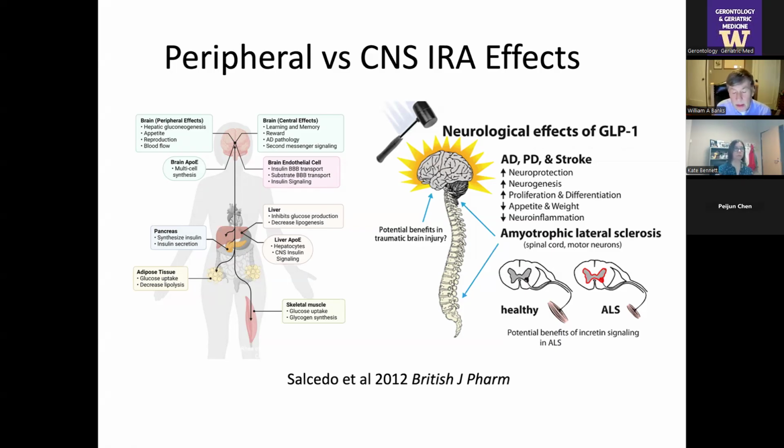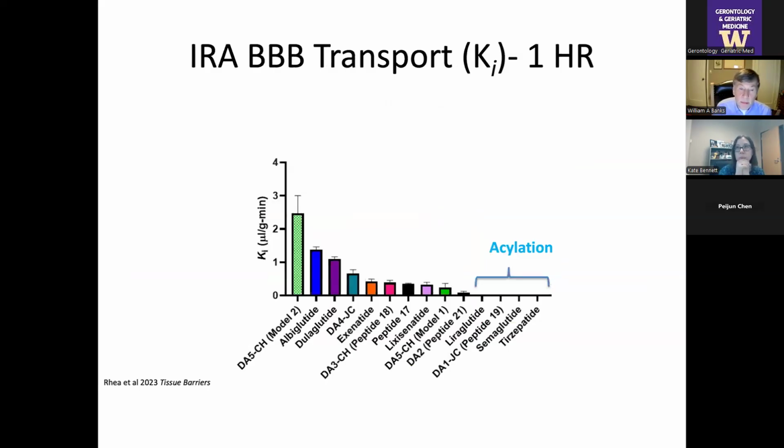I'm sorry, with diabetes. But here's the thing: they work in the brain. They seem to work in the brain directly and rather rapidly. And so the idea is, are they working in the brain independently of what's going on over in the body? And spoiler alert, the brain does have GLP-1 receptors and GIP too. So the question becomes, can they cross the blood-brain barrier? Can they get into the brain to hit those GLP receptors? And the answer is sometimes.